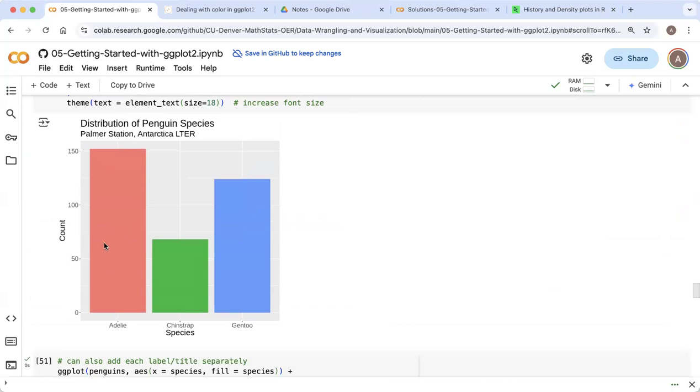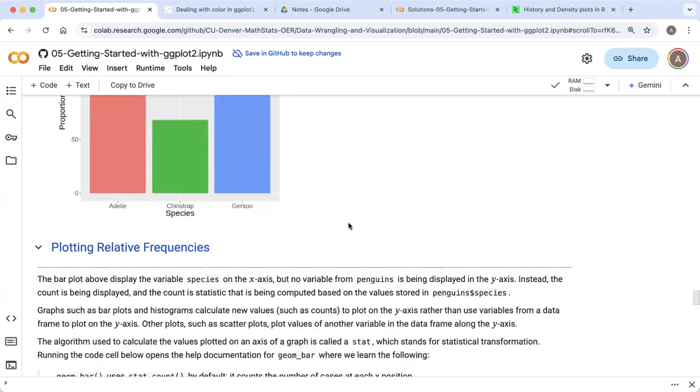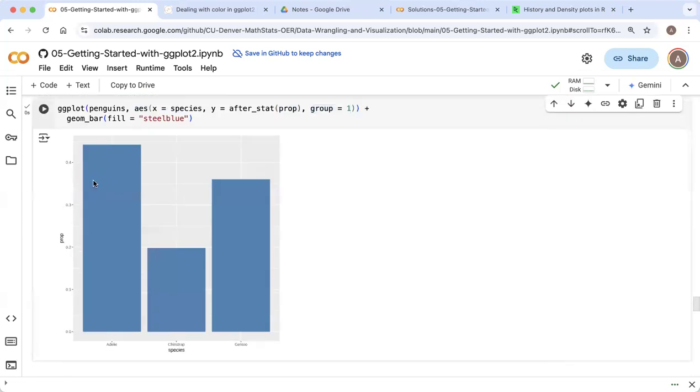Here the color is steel blue, it's the same, and the heights of the bars look the same relative to each other as in the previous plots, but the units have changed. So we're no longer displaying counts. What I can see now is that, out of all of the penguins in the data frame, overall about